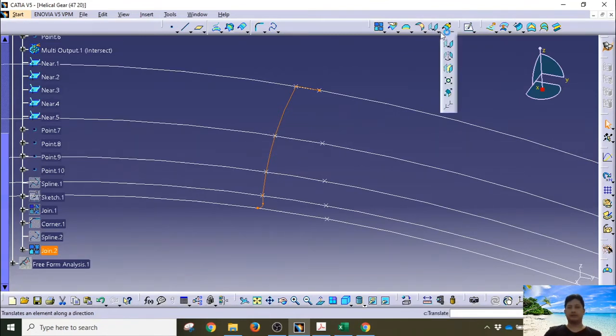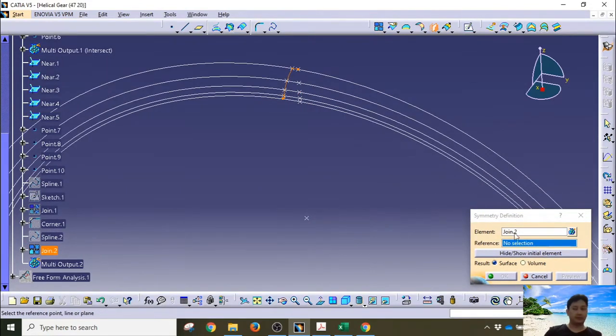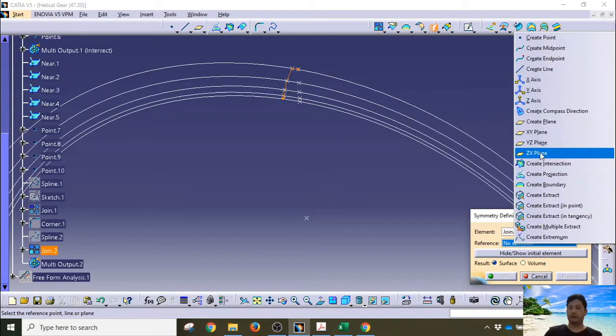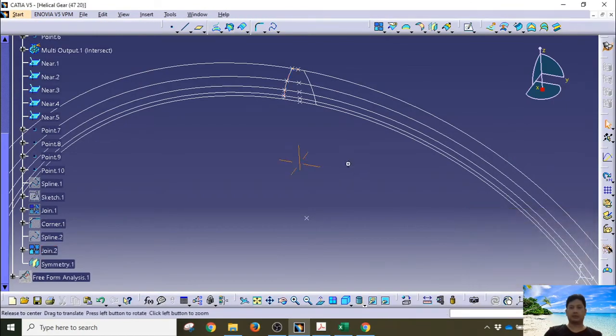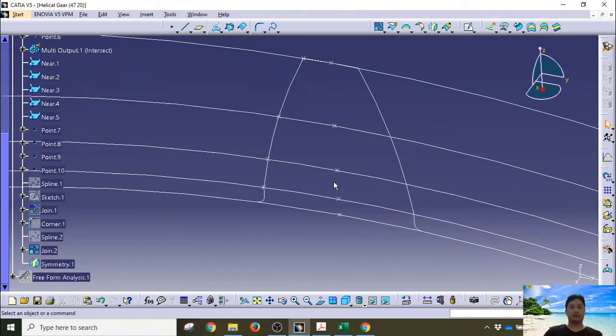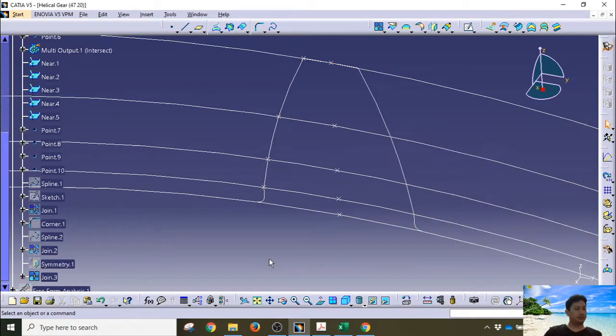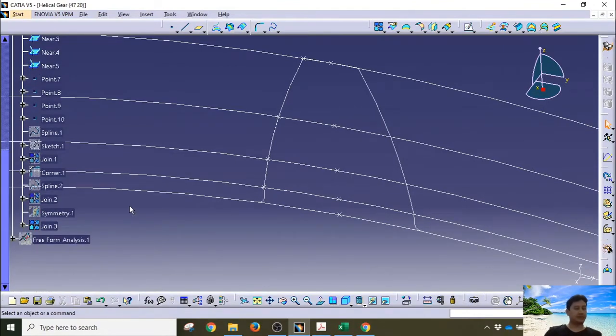Where is mirror? This is mirroring. So we click on symmetrical. Exact plane. So we click OK, and we have our first complete tooth sketch. We need to join these two. So we have our third join of our sketch waveform,